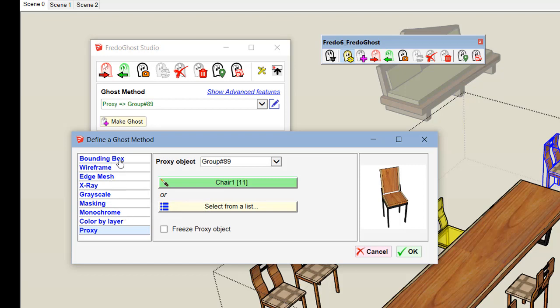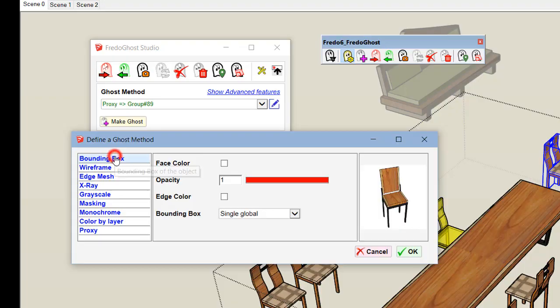Okay, so here you have the list of methods, plus one which is simply to clone the object. One, for example, is color by layer, but you have also edge match, wireframe, and the various categories of bounding boxes.